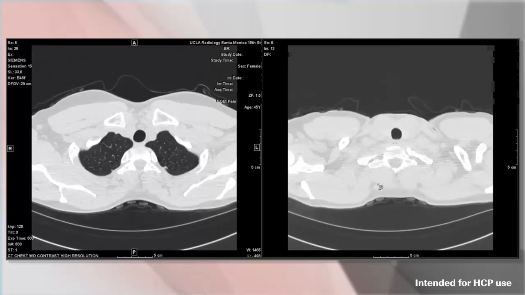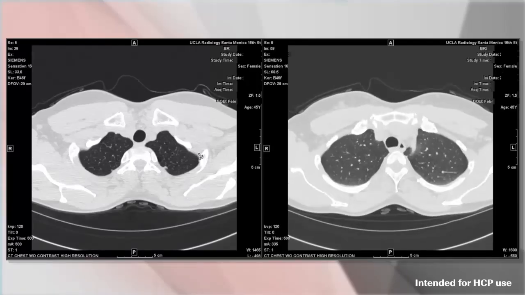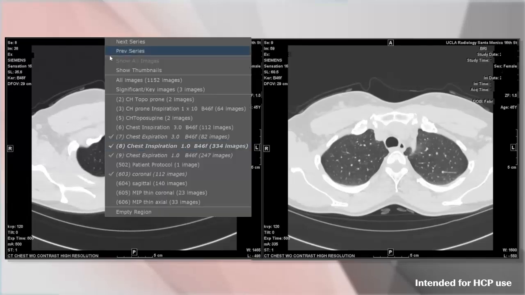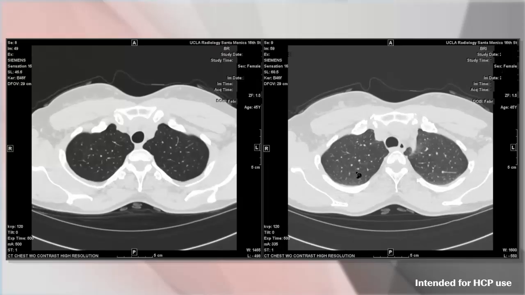As we go into the expiratory images, first of all, compared to the inspiratory images that we have on the left side of the screen, you can see that the expiratory images are grayer. And this is roughly the same level, right? If you compare the right lung to the right lung, left lung to the left lung, you can see that the overall lung appears grayer on the expiratory images on your right.